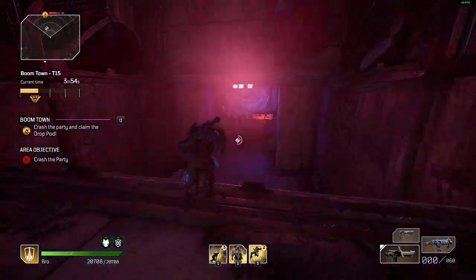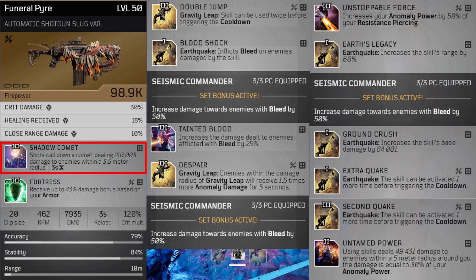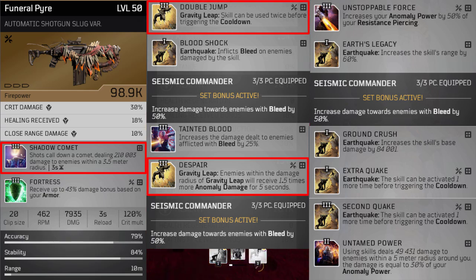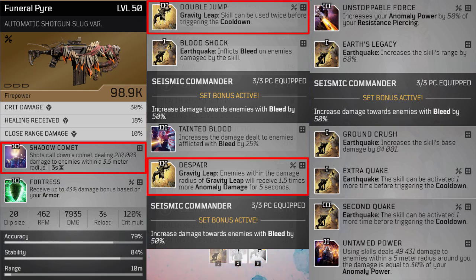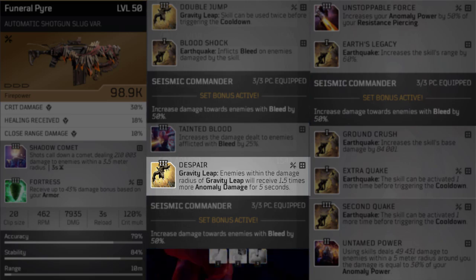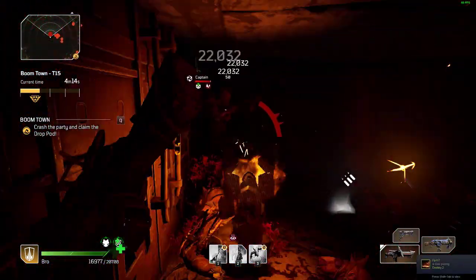For this, we're going to use the exact same armor set, even the purples, depending on how your mods are distributed, of course. And we're just going to slot in some Gravity Leap mods, specifically Double Jump and Despair. This will let you slam down twice, and each slam is going to make the enemies that you hit with the slam take 150% more damage, which is amazing for bursting down bosses, and it serves as a great debuff